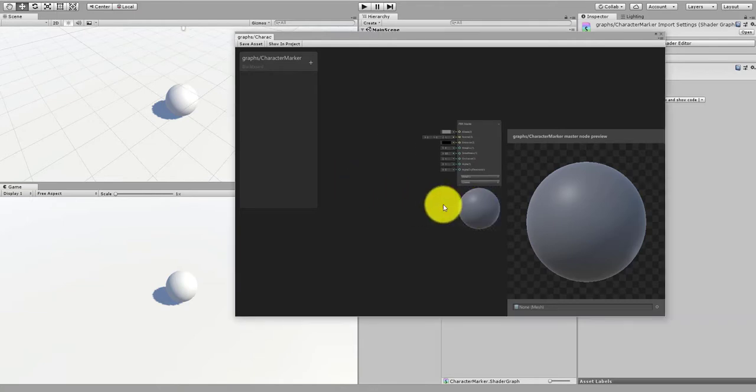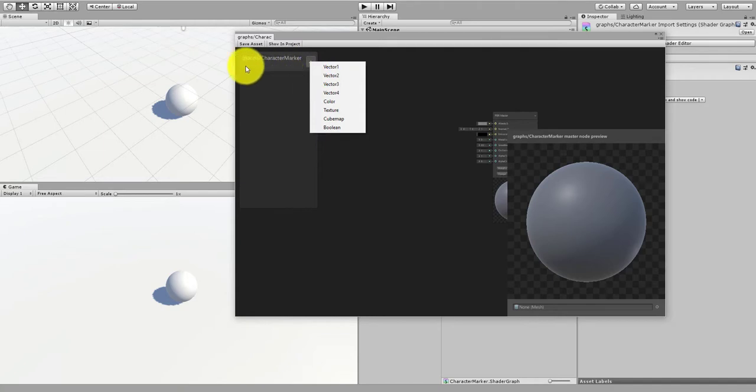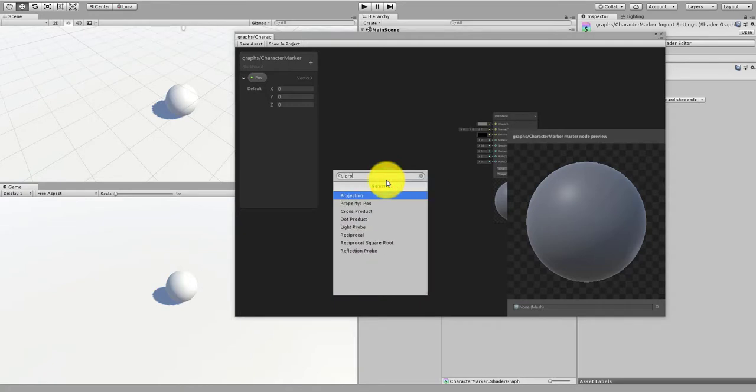Now, first thing first, I need the position to actually calculate the shader position, the marker position. So I need to input the property, or should I say the blackboard, for the character's position. So I'm gonna make a new blackboard here. It used to be called property, but it seems it's changed, I guess. So I'm gonna make a vector 3 blackboard and name it pos as a position, and create a node. Is it a property? Yeah. Okay, so I have the property position here,